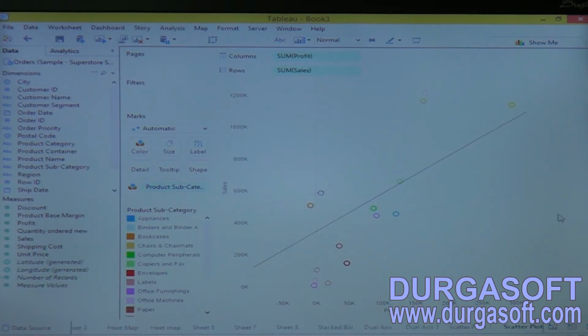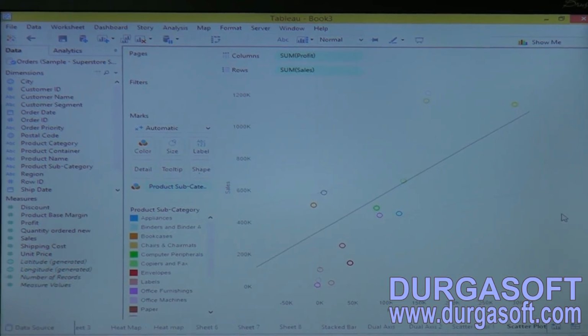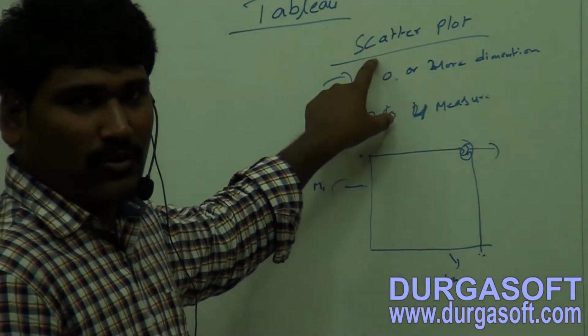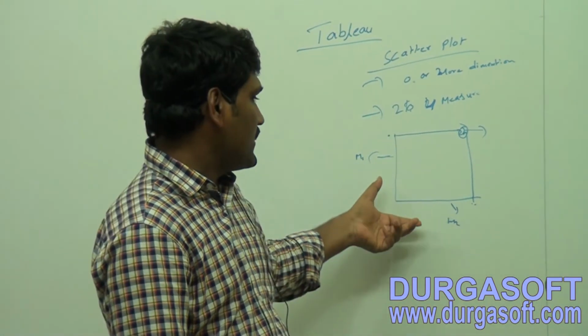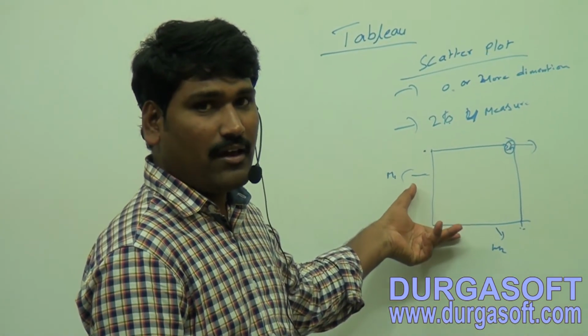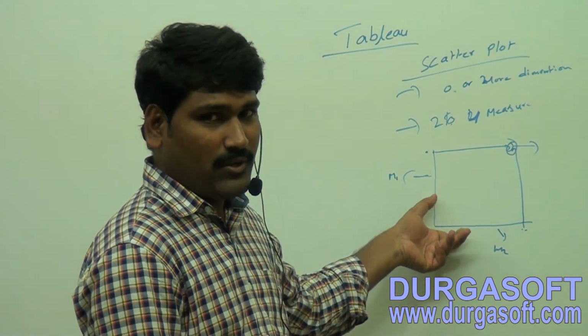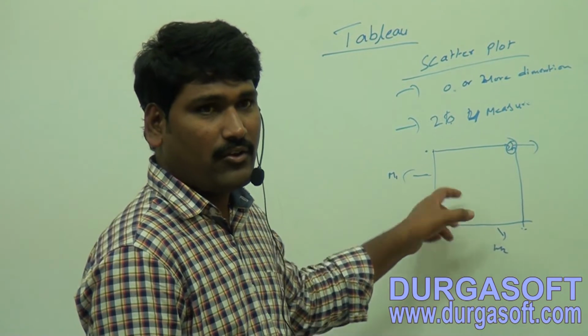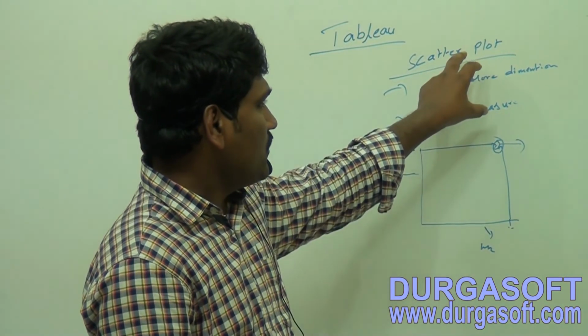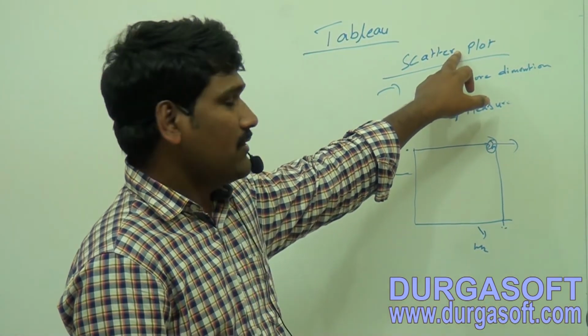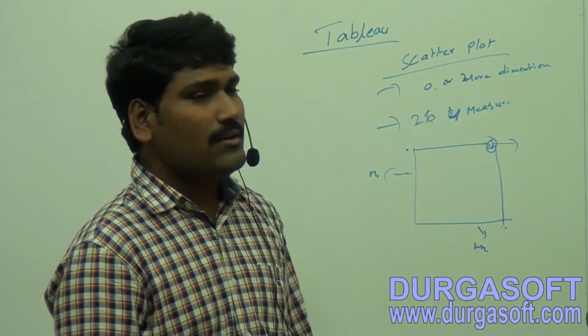Scatter plot, that means we can apply trend lines when we have created a scatter plot. Okay, so you can understand the business and you can also understand the relation, or we can also say the correlation, between your sales and profit, or these two measures, by using a scatter plot. Okay, this is the way to create the scatter plot.